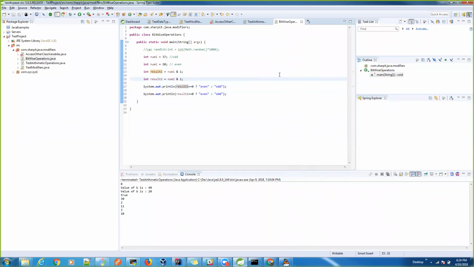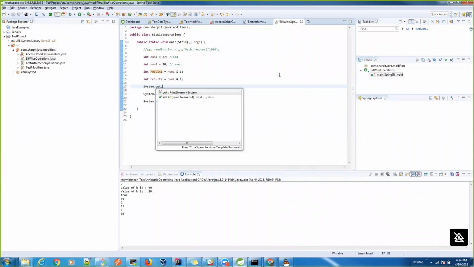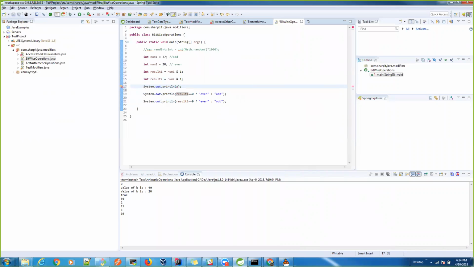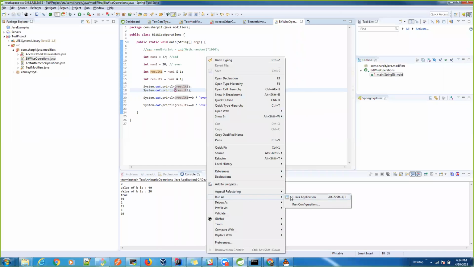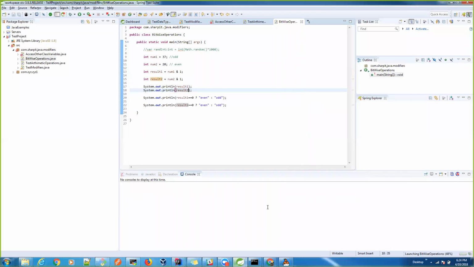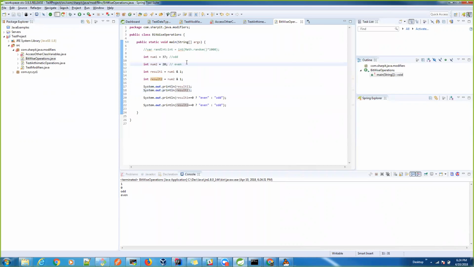So we will also print result 1 and result 2. First result is 1. Second result is 2. Oh, it's the same. Result is even. So 20 is even. So what's going on is,